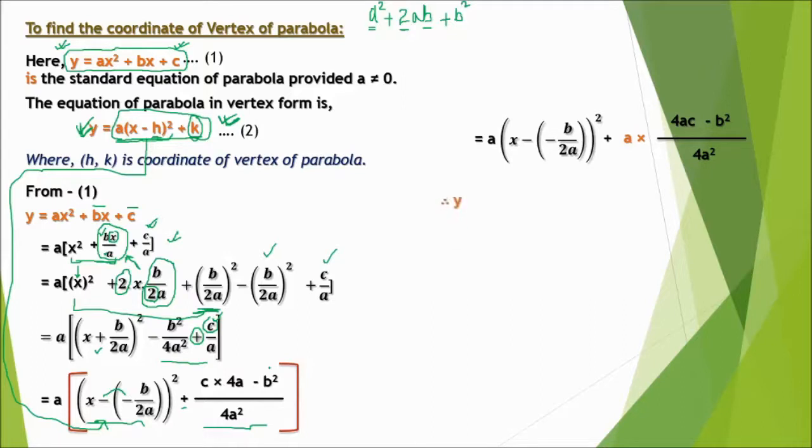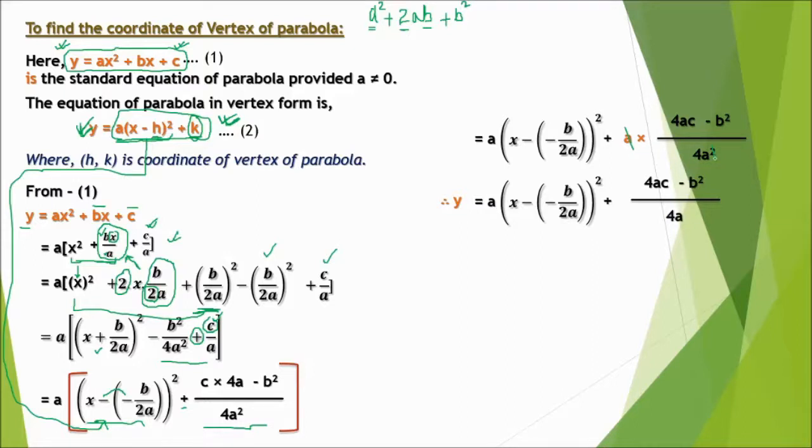Therefore y equal to, now you can see there is y on the left hand side, so we haven't written it up to now. Let's write y equal to a plus, we can cancel this a and this a here and a square here. Now the remaining will be 4ac minus b square upon 4a,